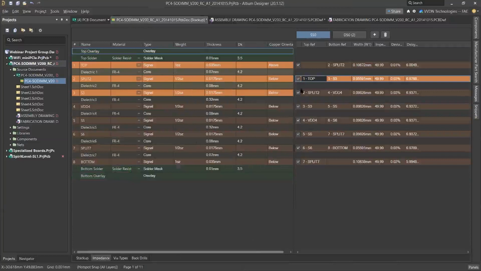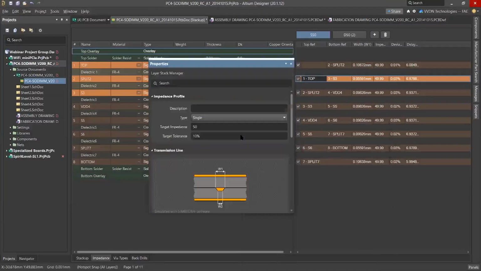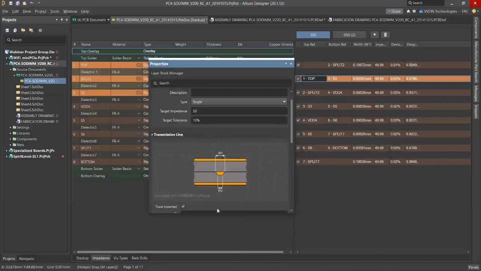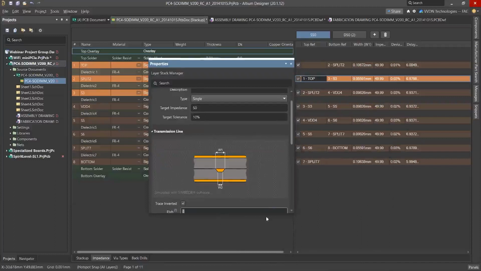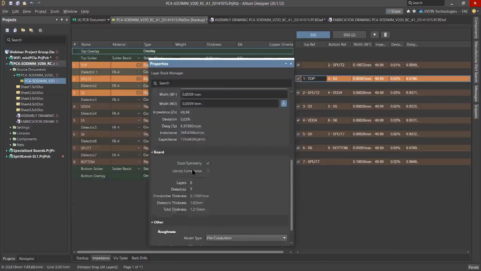For impedance also we can check from there. Under Panels, go to Properties and we can check impedance. Here you can see we can provide the target impedance, and from there we can check the width. If you click on this function, it will calculate the impedance.